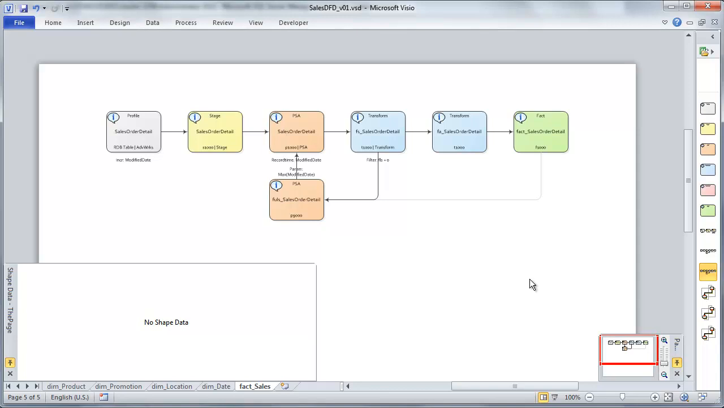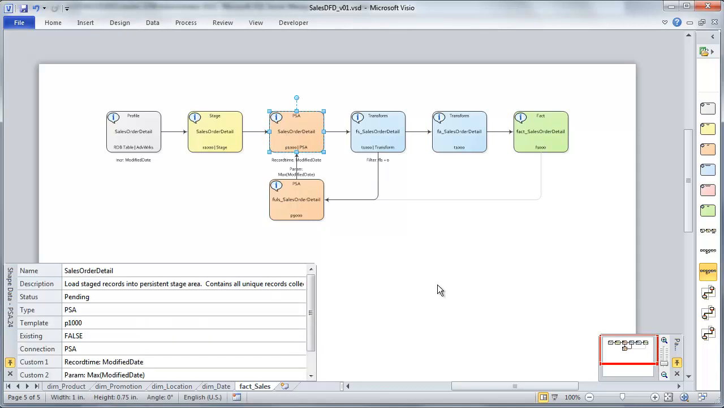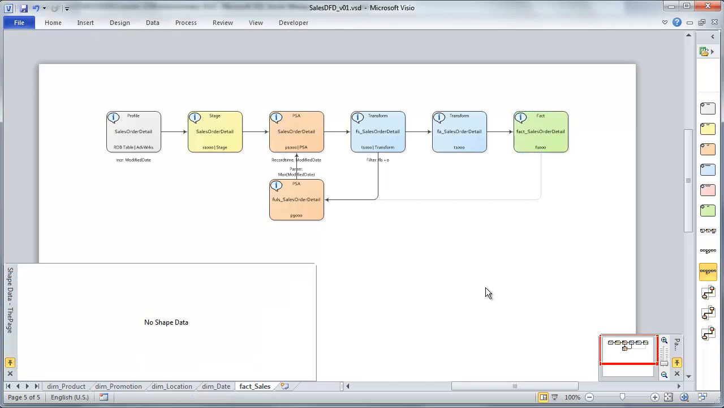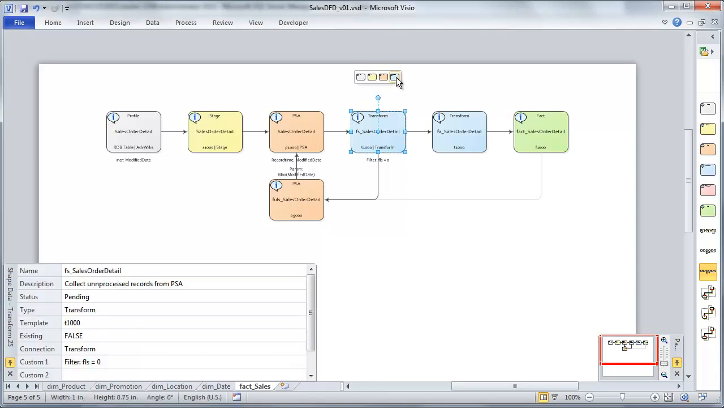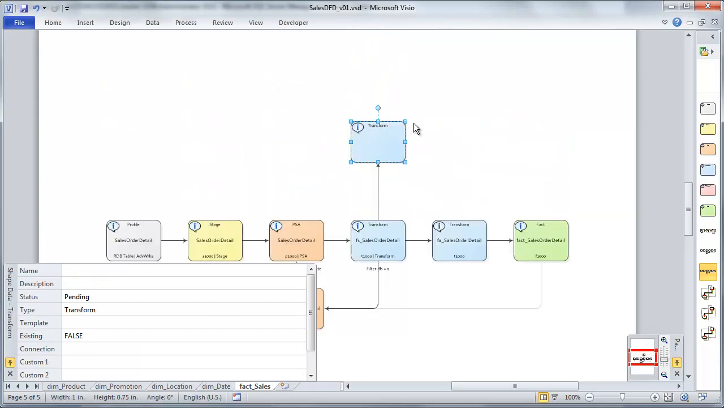We don't want to aggregate, for example, if we had multiple versions of a record in our PSA because something has changed. The one that we want to place into our fact table is the latest version. And the way we're going to make that determination here is we're simply going to use our modified date once again. We're going to take this guy here and create another transform, and we'll put him over here, and we'll just call this the fact current